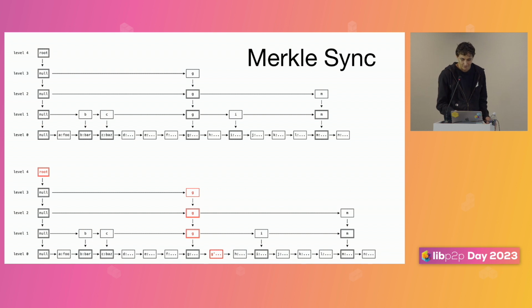So in the case where there's just one change like this, it only takes a number of back and forths equal to the height of the tree to figure out which element Bob has that Alice is missing. This is a toy example to show the structure of the tree. In practice, we use a large fan-out degree, like 32 or something. So even for millions of messages, we only have at most 3, 4, 5 node levels to descend.